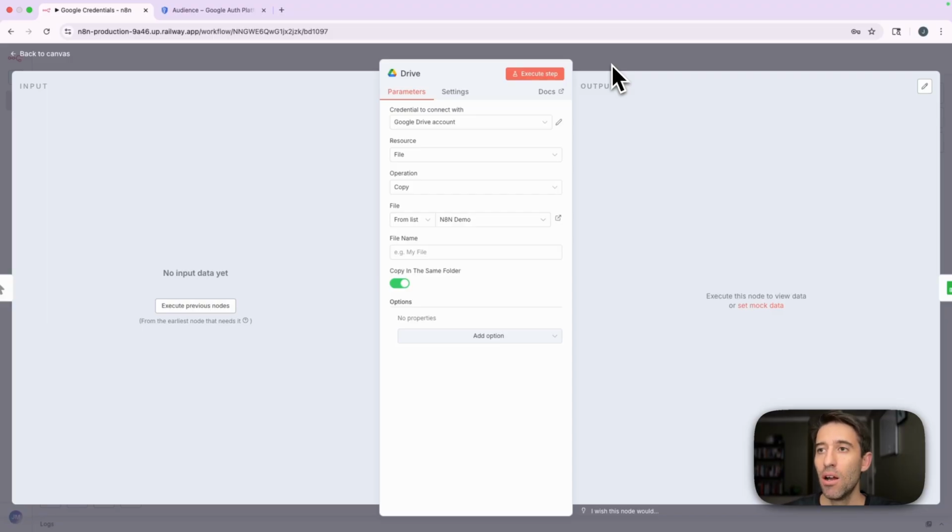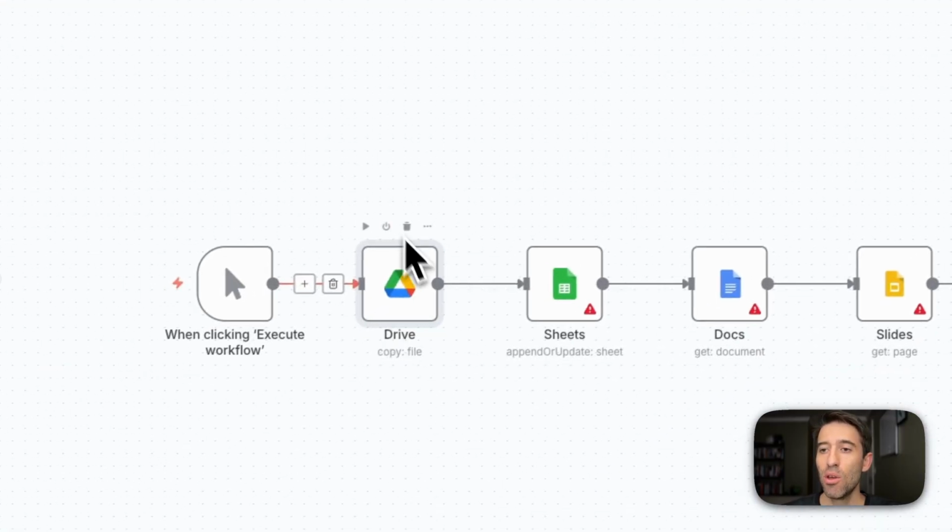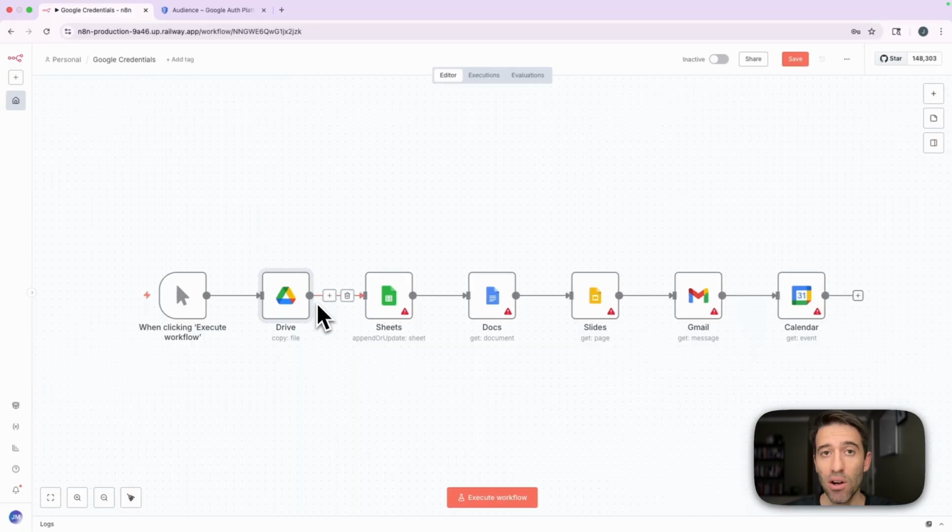So from here, again, this is really important with Drive. This whole process is very, very important with Drive because you'll have to follow this no matter where you are hosting. Like I mentioned, Sheets or Docs or Slides, Gmail, Calendar will be a little bit more straightforward when you are hosting it on N8N Cloud. But if you're doing any kind of self-hosting, you're going to have to follow the same process for each of these. If you do happen to be hosting on N8N Cloud, then you don't need to continue with the rest